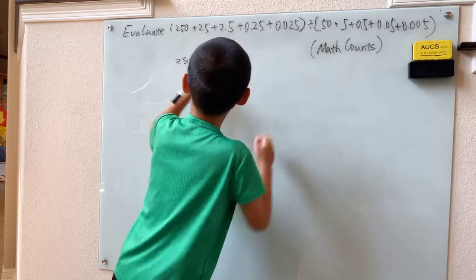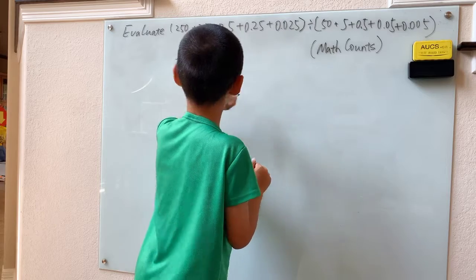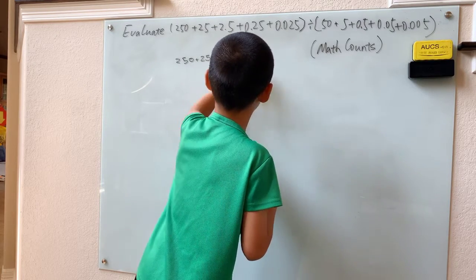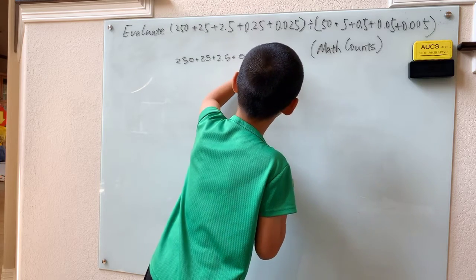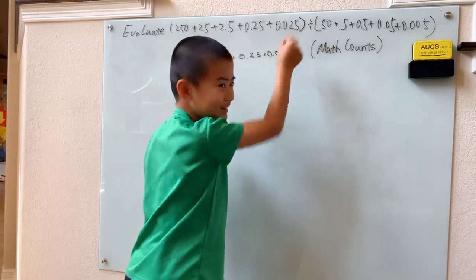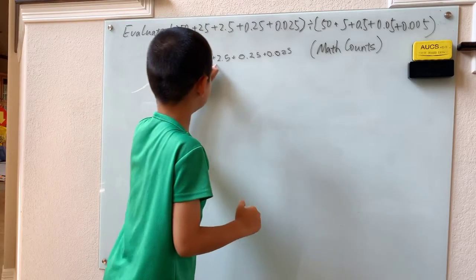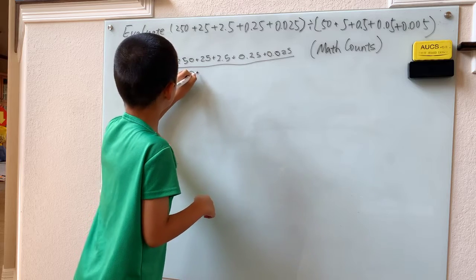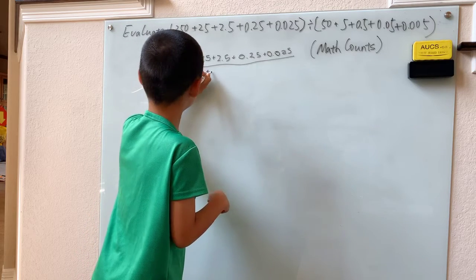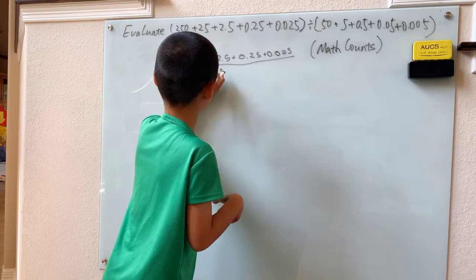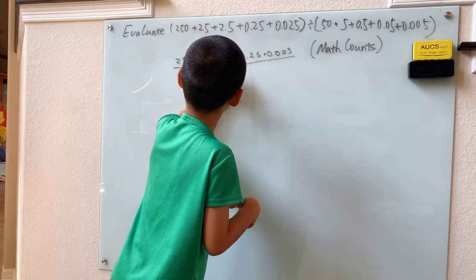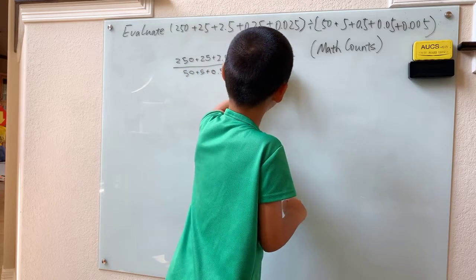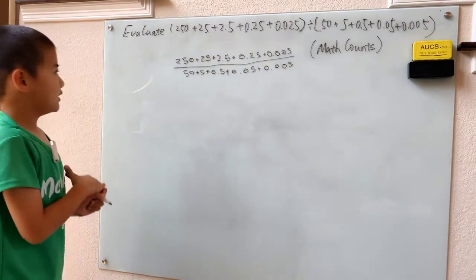Right, this is a fraction, so I can use these little parentheses, which make the whole thing a teeny bit longer. The denominator is 50 plus 5 plus 0.5. Okay, now that we got that,